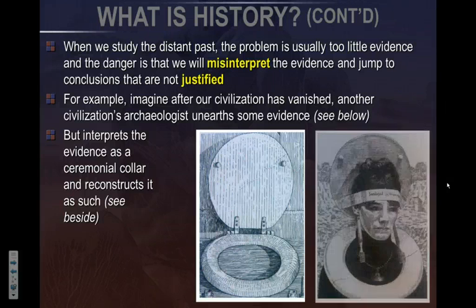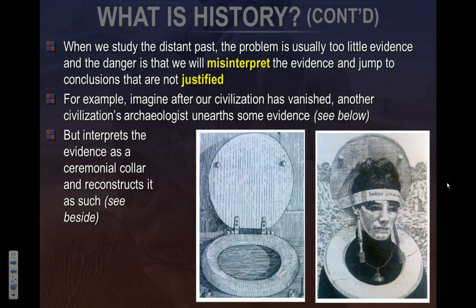See? Here's the way it works. The people of this society would put this around their heads, and they would use this in the background. And even on some of these artifacts, we found this little paper tape that I think was used to help hold the back to the head. And they would use this as an example of the type of ceremonial garb that we wore in today's society.